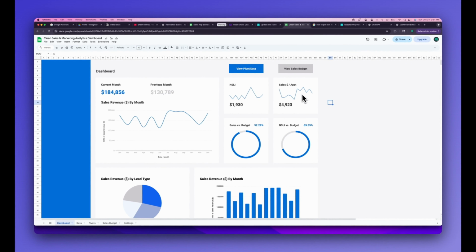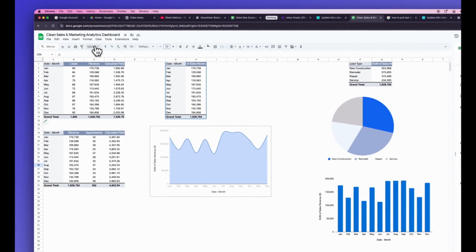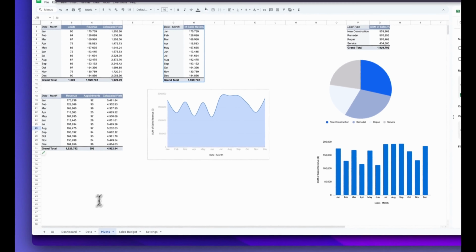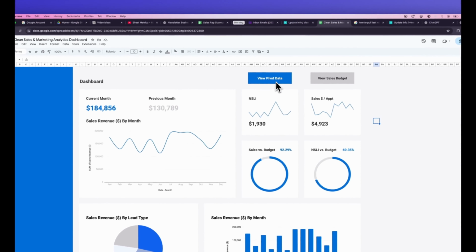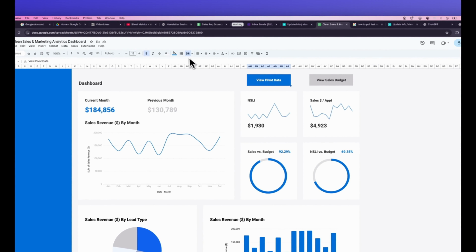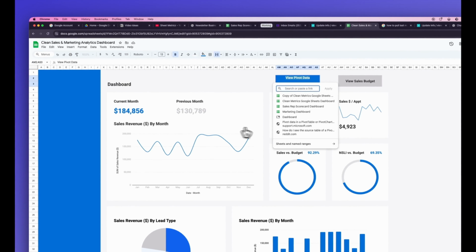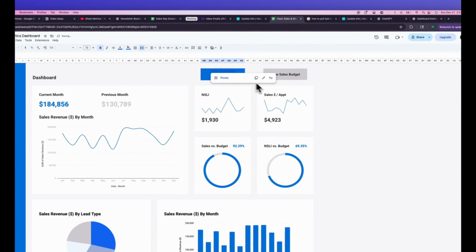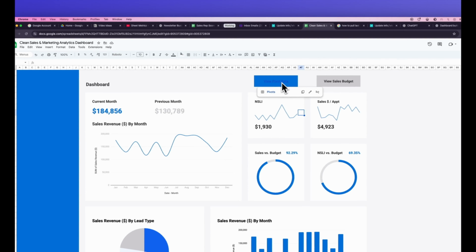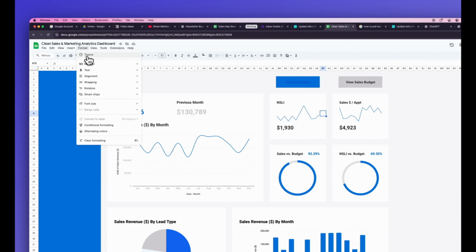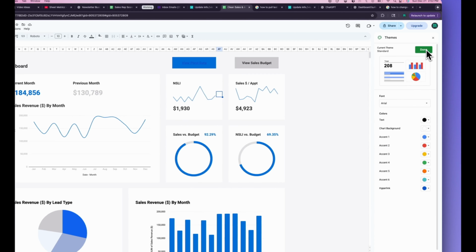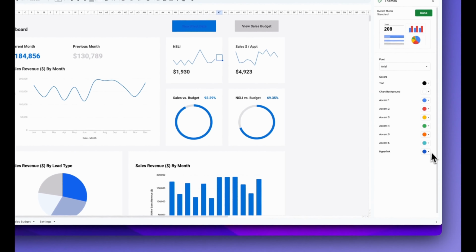Something like that. Then all we got to do is create the links for these. So let's go over to the Pivots tab. Let's copy the URL, go back to our dashboard, click our button, go to Insert Link, paste that in, and click Apply. And to change the color of our link here, we're going to go up to Format and then Theme, click Customize, go down to our hyperlinks,